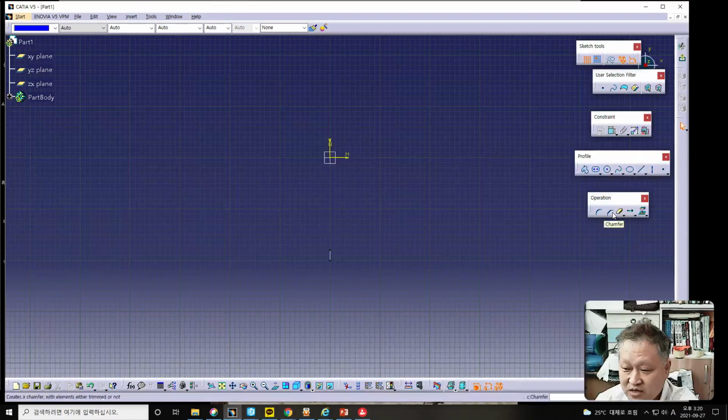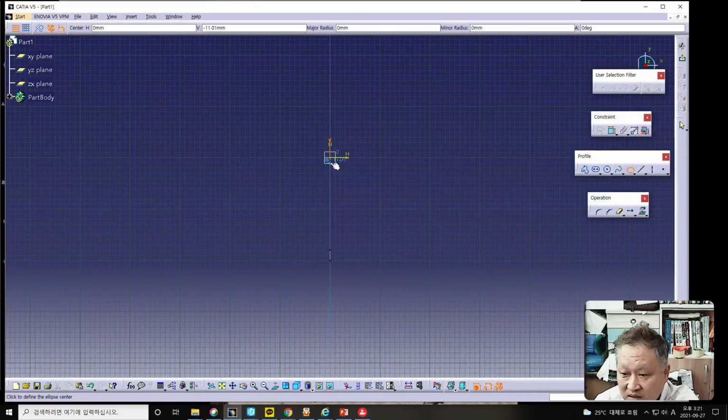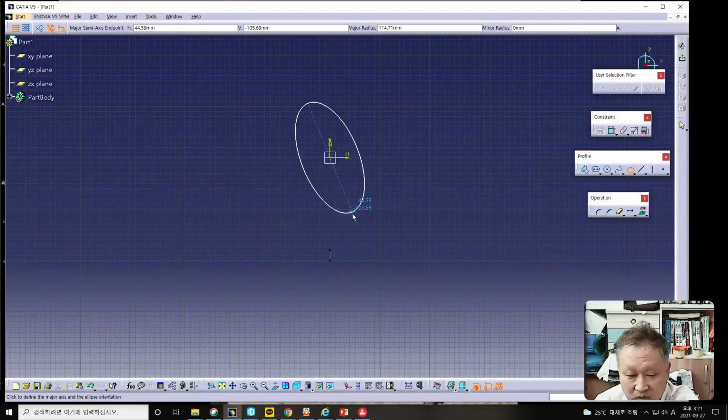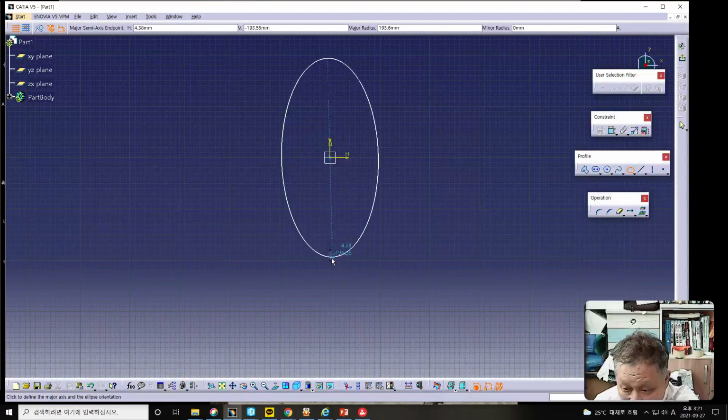Therefore, we should carefully select what kind of plane we want to select. That is very important. I continuously said it to you. Then we should select the ellipse command from here,